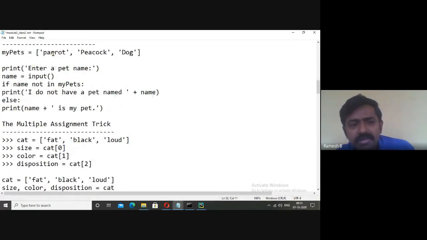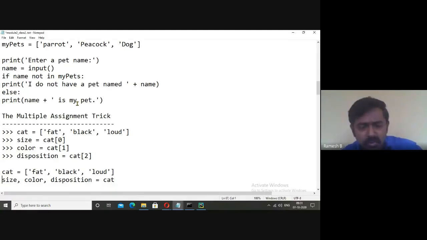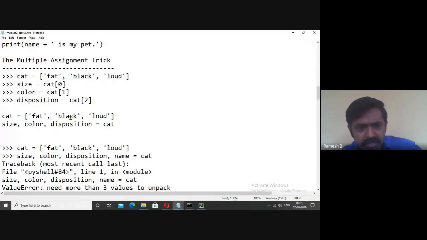We have some pet names: parrot, peacock, dog. We are asking the user to enter his favorite pet. If it is not there, we are giving a message: I do not have any pet named that. Else, your pet is, we are giving some message. And I also told you to assign multiple list elements directly like this.